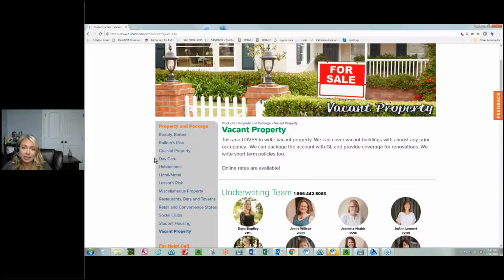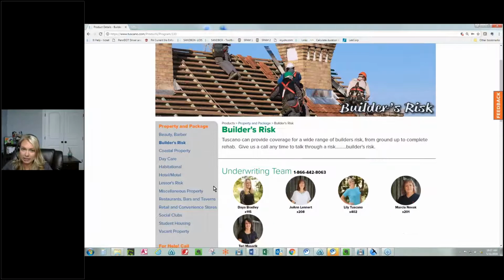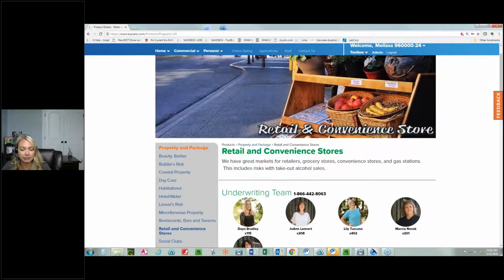Again, builder's risks, we love those too. Oftentimes we can package in the premises liability and make a nice little package for you. We even have some markets that might consider a prior start renovation project, as long as we have some more information about it. We may have a few additional underwriting questions on the prior starts. Convenience stores. We've got plenty of markets to do the convenience stores, 24-hour convenience stores we can look at. We even have one market that will rate the gas based on number of pumps instead of number of gallons, which at times makes them pretty competitive.